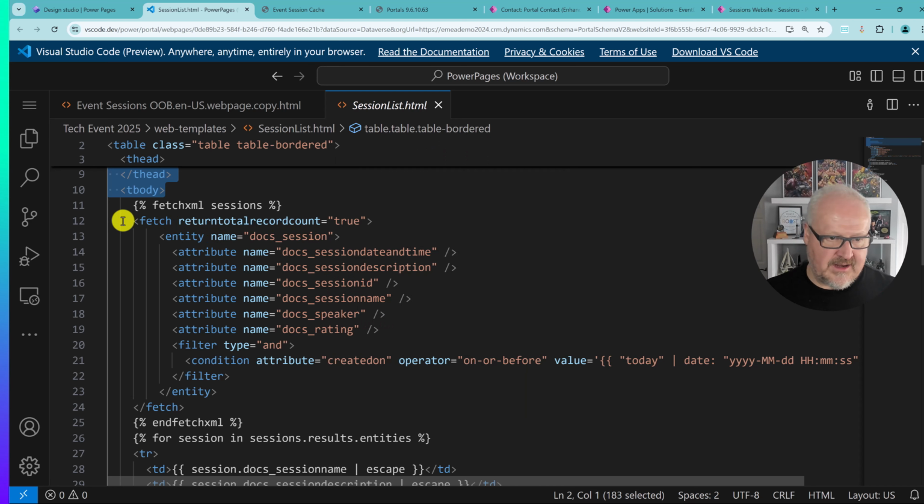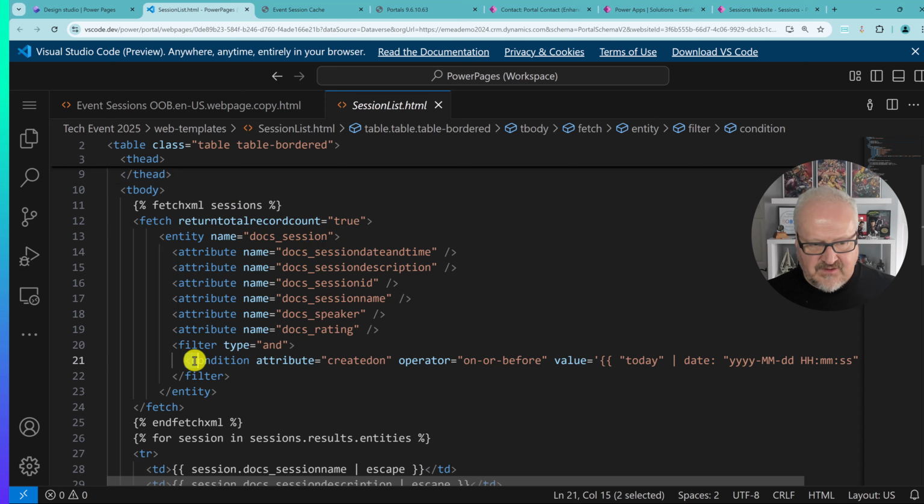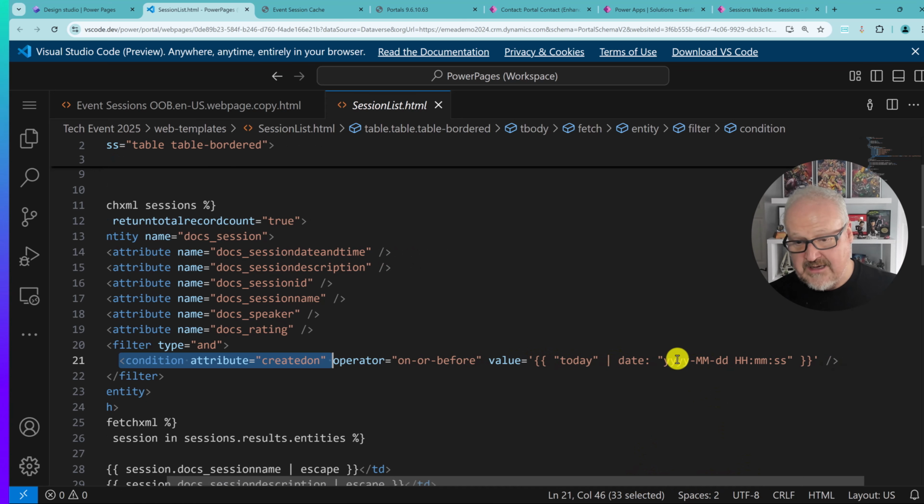All that being said, this is a regular fetch statement. I'm returning records from my session table, but notice I've added this filter, and I'm just going to highlight this. I'm doing the condition attribute created on, because we know every single Dataverse table has a created on column. Operator on or before the value of today, basically the value of right now. This is always going to return the records, but because we have this operator here, it is going to tell the Power Pages website that, because this particular value has changed,